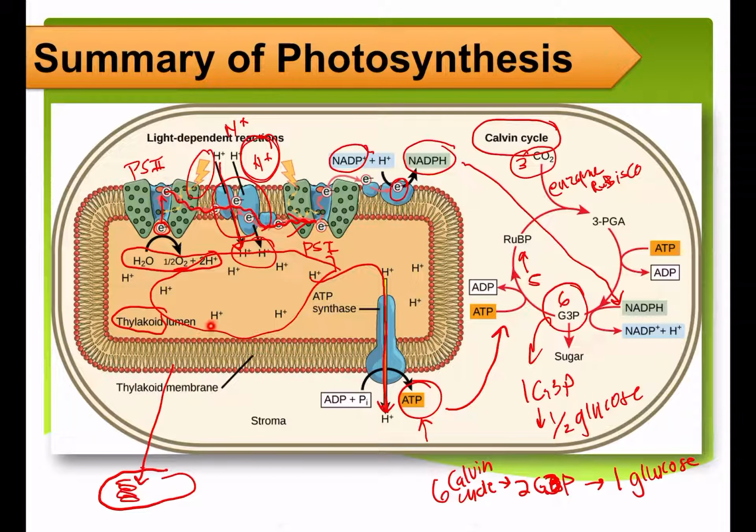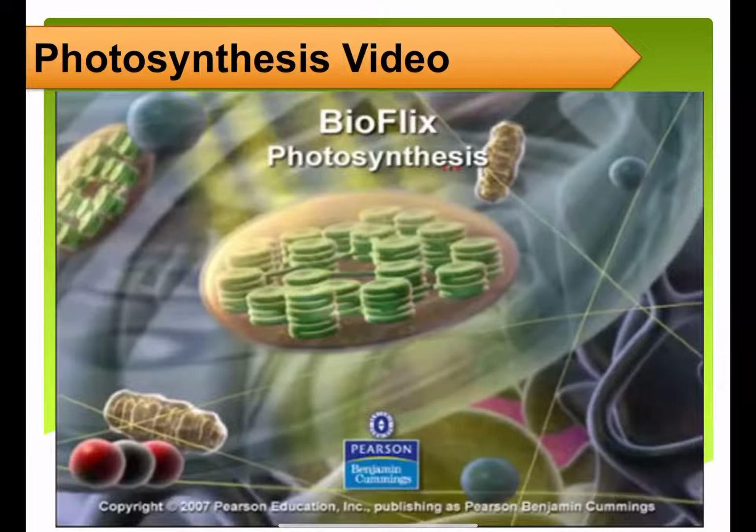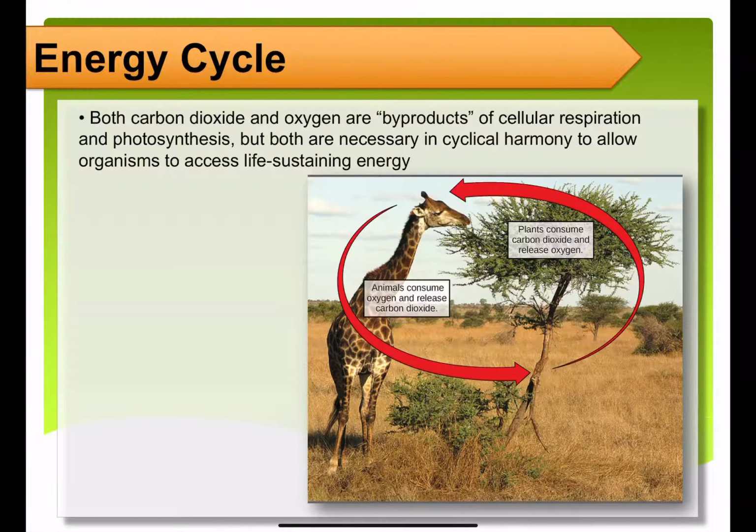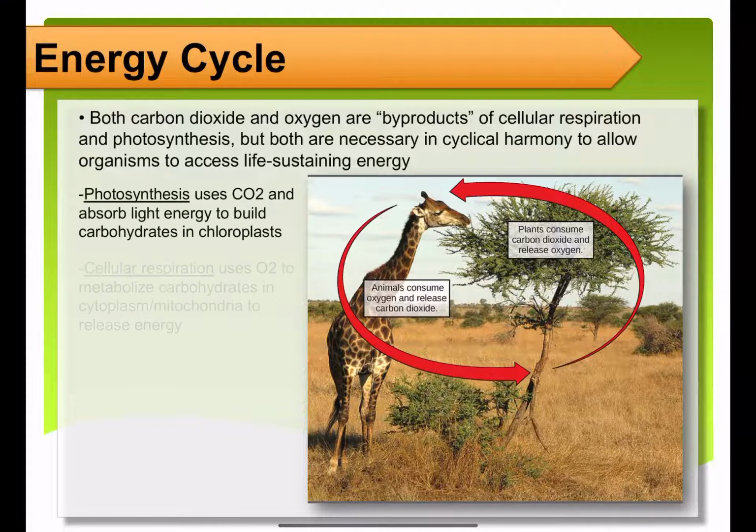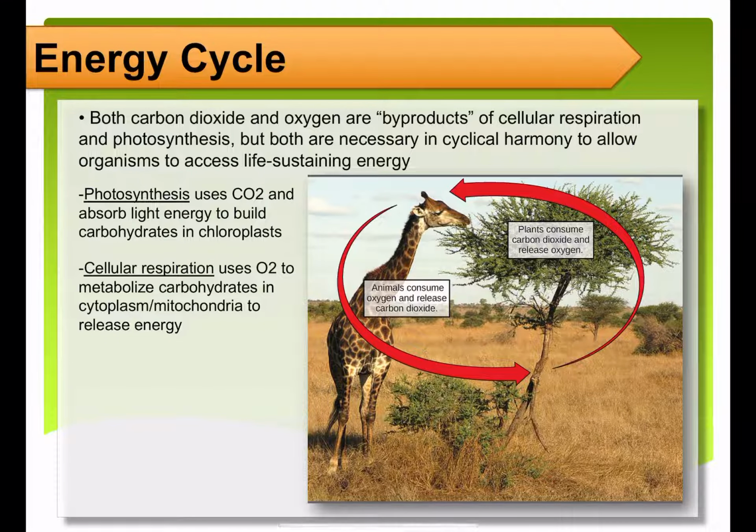Light-dependent reaction, and then you have your light-independent reaction that will ultimately make your 1 molecule of glucose via photosynthesis. I will upload this animation video to eCampus for you to see these reactions visually, which will help you understand it even more. Okay? All right, so this illustrates how photoautotrophs and heterotrophs have to depend on each